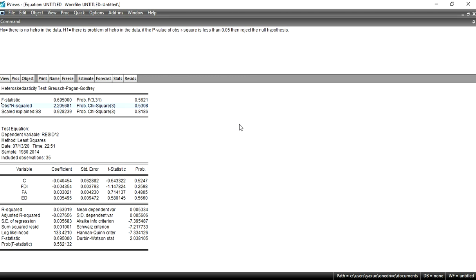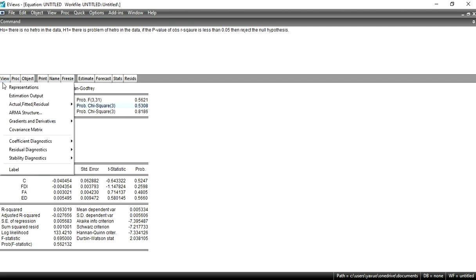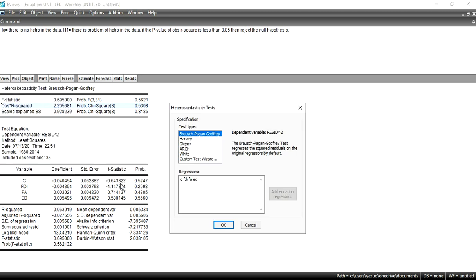There are certain other tests you can apply one by one for checking the problem of heteroscedasticity. When you go to Residual Diagnostics and Heteroscedasticity Tests, here you can see the Harvey test, Glejser test, ARCH and White test. These all tests will give you the same result, but why are there different tests?